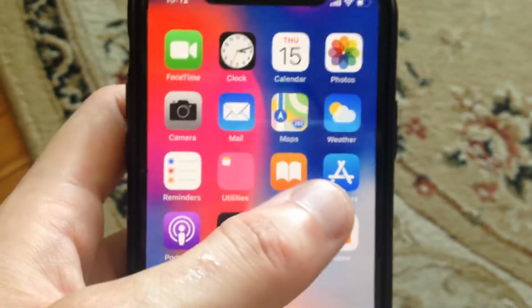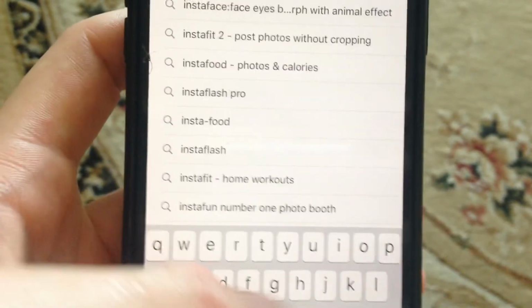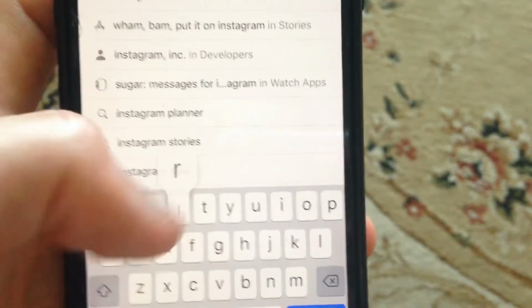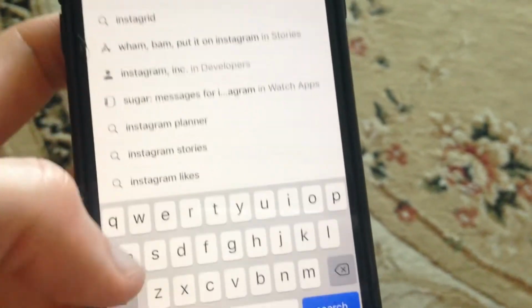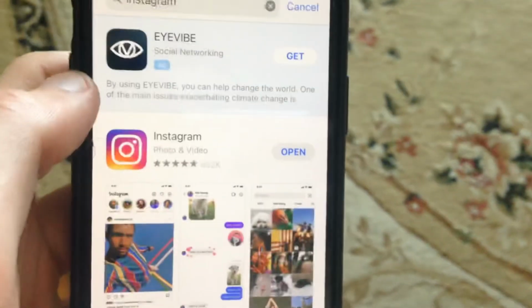You can try to update your app. Just go to the App Store, go to the Search tab, and write Instagram here. And if you see here not Open but Update, just tap on Update and wait until it successfully installs the latest